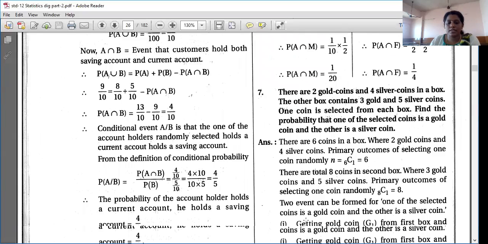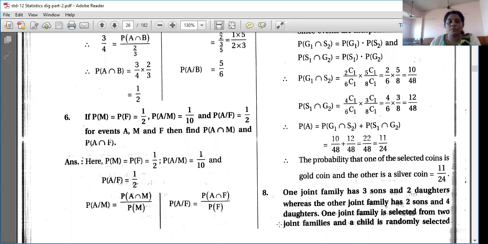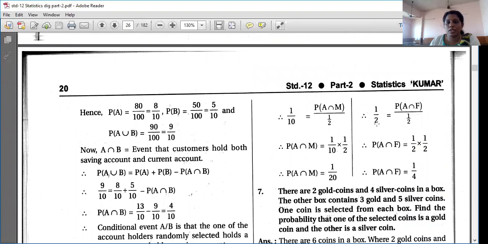Okay. Now next, you have to find P of A by F. So what is the formula of P of A by F? P of A by F equal to P of A intersection F upon P of F. P of A by F is 1 by 2, equal to P of A intersection F, which is not given, upon P of F, which is half. So P of A intersection F equal to 1 by 2 into 1 by 2, that is 1 by 4. This is also an easy sum, you only have to substitute. If you know the formula very well, then it is not at all hard to do this sum.